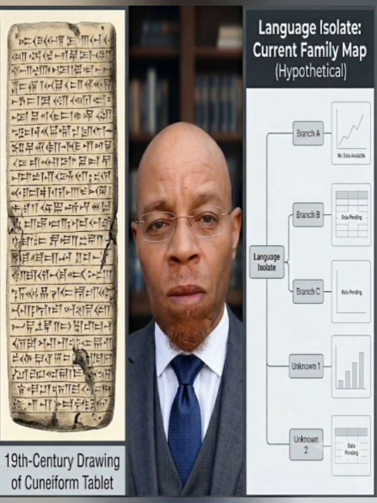Let's get into the third pillar of this audit, the substratum. In modern linguistics, when scholars encounter the Sumerian language, a language that doesn't fit into the Semitic or Indo-European families, they call it a language isolate. That's a polite academic way of saying we don't know where it comes from, and we're going to stop asking. But if you look at the forensic record from men who actually unearthed these tablets, they didn't treat it as an isolate. They treated it as a substratum.